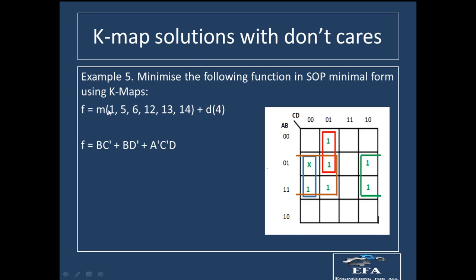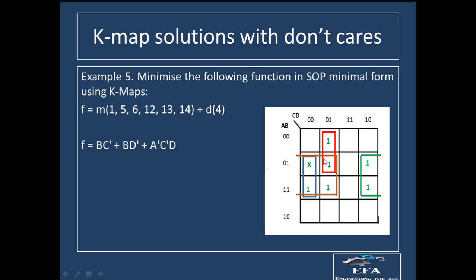Now first of all we need to identify how many variables there should be. You can see the maximum value in this bracket is 14. Because we have the value 14, we need a 16 cell K-map, since an 8 cell K-map cannot accommodate values more than 7. So we will have 4 variables. Let us say the 4 variables are A, B, C, and D, and these will be the 16 cells.